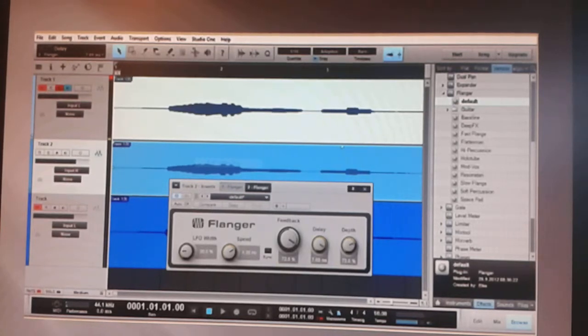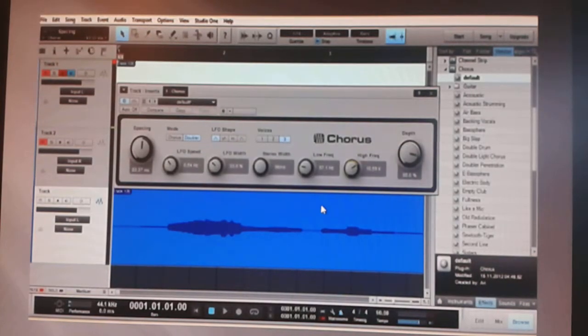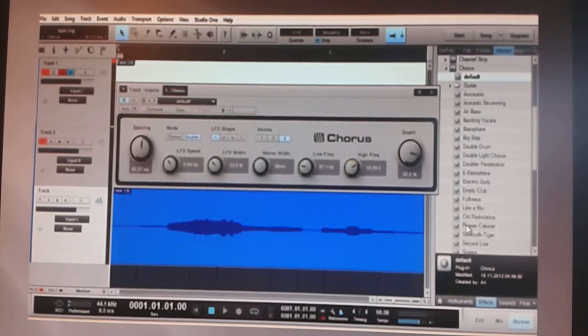So you can really hear that wavering and wobbling effect that can blend and give you tone in your mix. And if we go to chorus, moving on, we can set the spacing to